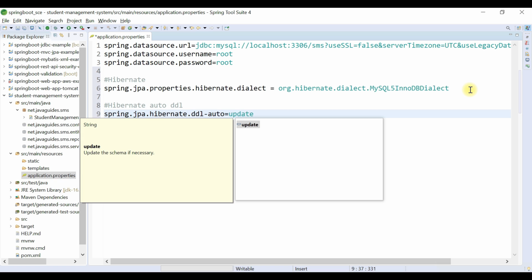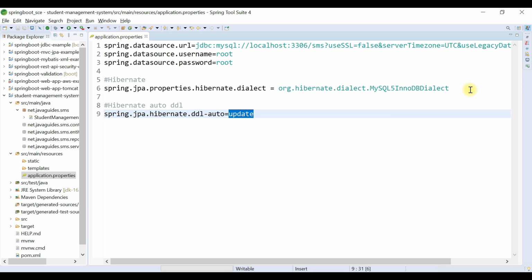I am going to provide the value update. Here I have provided the value update because we are going to create tables in the database if they do not exist, and we are going to update the existing tables. There are a few more values for this property like create-drop, create or validate, but this update value makes sense for me. That's why I have given update here.